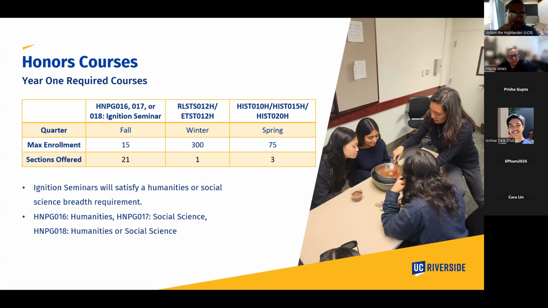Sometimes faculty members will have students do group presentations, help lead discussion, or write reflections. We do require all Ignition seminars to have a career readiness or professional development component, and that again varies by faculty member. So there will be a lot of variety, but because it's small, there really is an intention to give students a lot of opportunity to discuss material in depth.